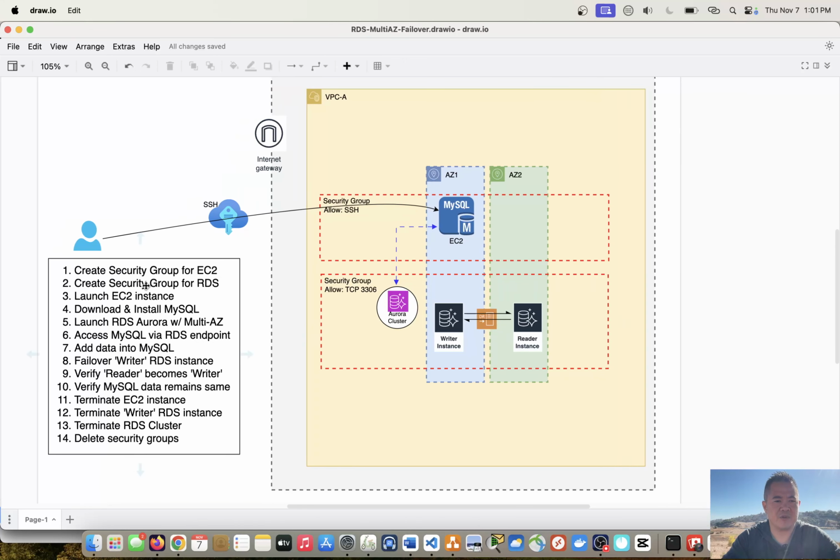So if you take a look here, these are the steps that we're going to do. Basically, we're going to create a security group for the EC2 instance, and then we'll also create a security group for the RDS cluster, and then I'll launch an EC2 instance, and then I'll go ahead and download MySQL into the EC2, and then we will launch the Aurora cluster in a multi-AZ environment, and then we'll go ahead and from the EC2 instance, we'll access the Aurora cluster via the endpoint of the writer instance,